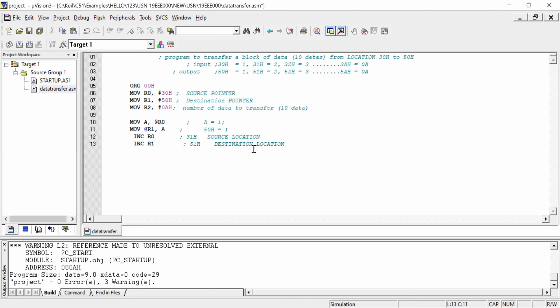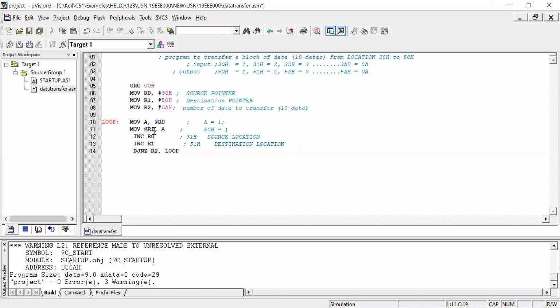Now I'm going to have another condition: decrement and jump if not 0, for 10 values. That is R2. I'm going to have a loop. My loop should be at this point, so that for the operation, whatever location is incremented to, the data at that location is moved to the accumulator.